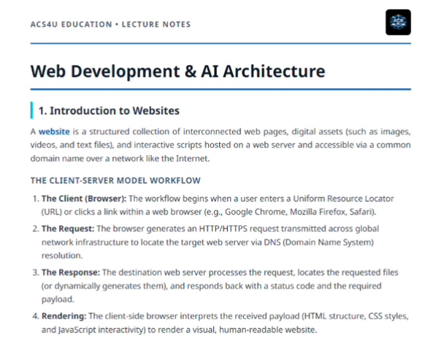So let's start with the introduction to the website. A website is a structured collection of interconnected web pages with digital assets such as images, videos, text files, and interactive scripts, hosted on a web server and accessible via a common domain name over a network like the internet. See, here we are saying that a website is a collection of